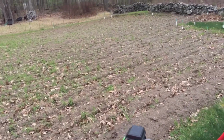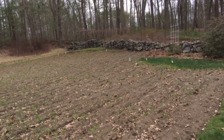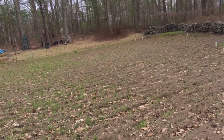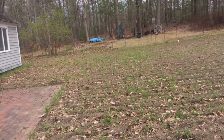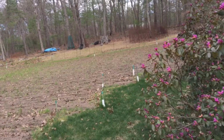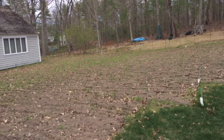Okay, here we are at our garden. If you remember, we rototilled this garden once about 2 weeks ago, and now we're gonna rototill it for the second time and have it ready for our vegetables. But first, let me show you what we have been doing for the past 2 weeks in our gardens, preparing